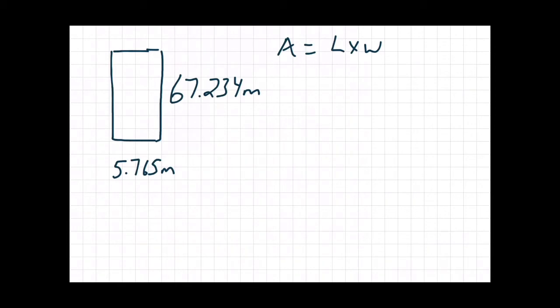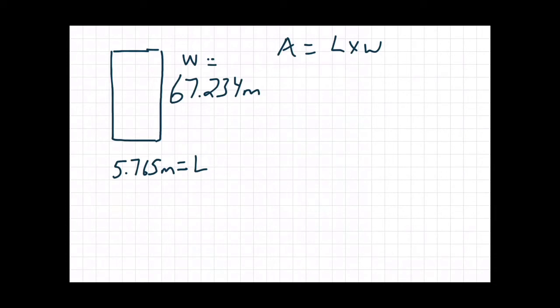The actual formula I like to use is area equals base times height, because that carries through with the parallelogram and the triangle as well. But we're going to use length times width just because you're familiar with it. And you'll notice on the slideshow that I've changed the length and the width to the opposite side. So this is actually the length and this is actually the width here,